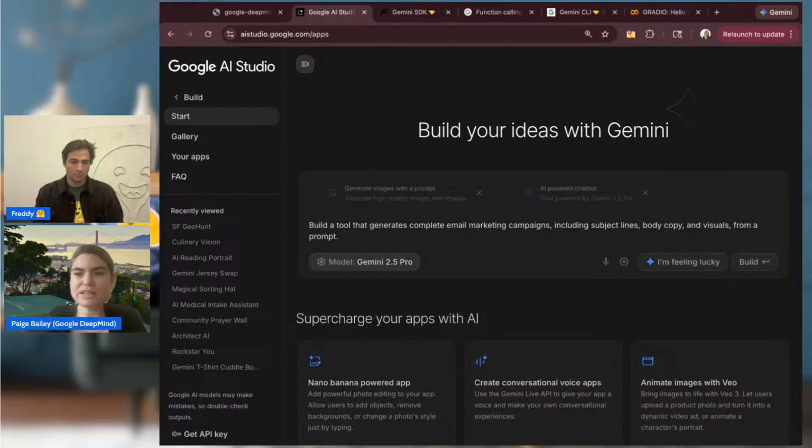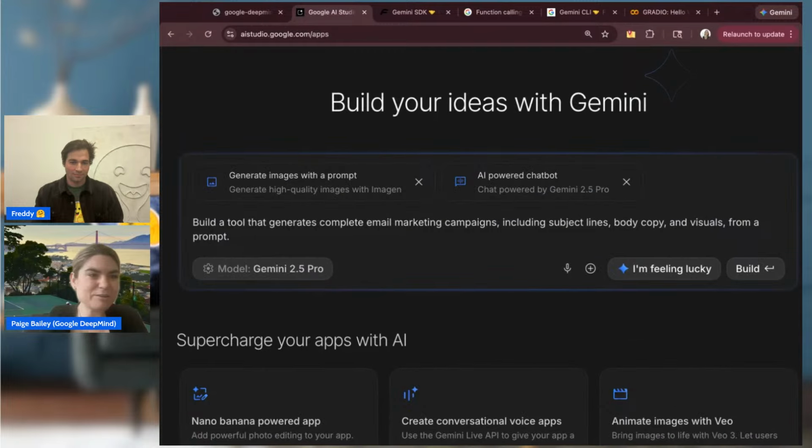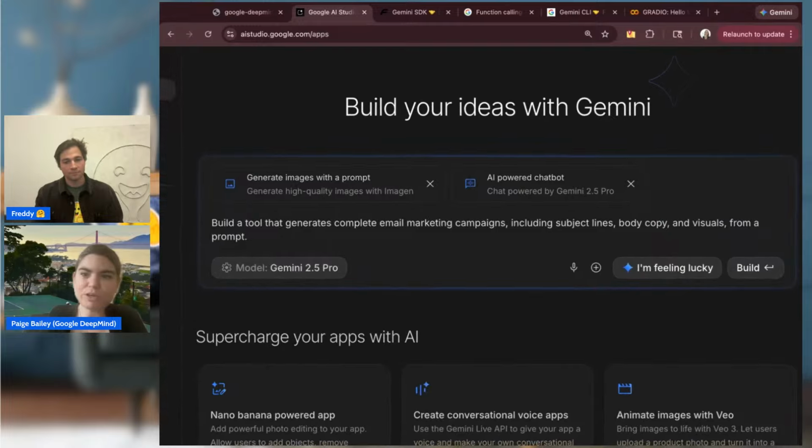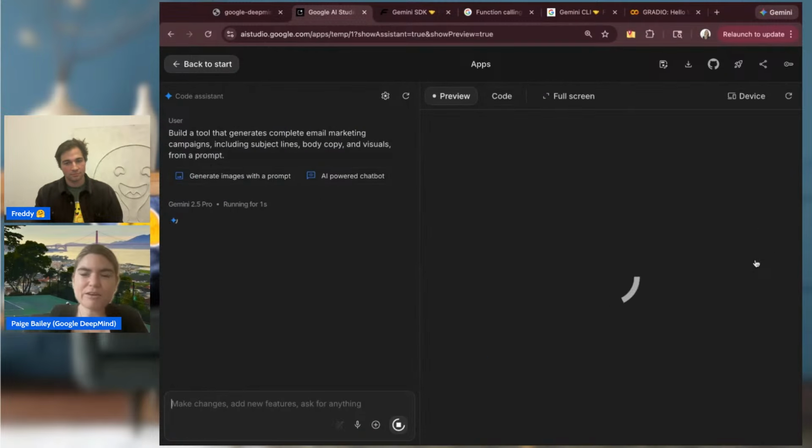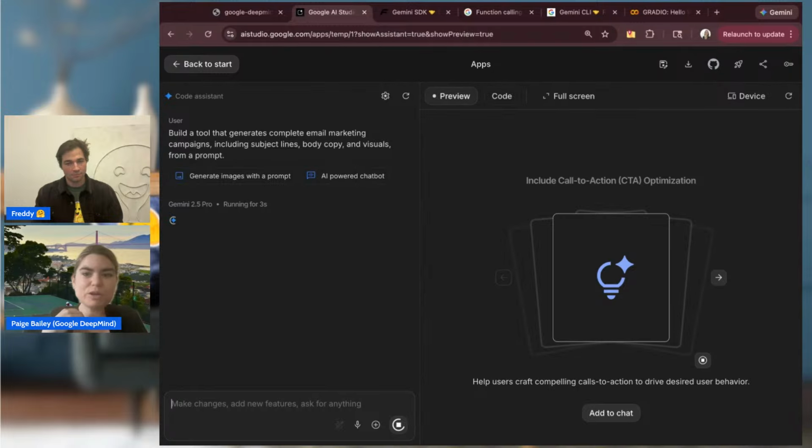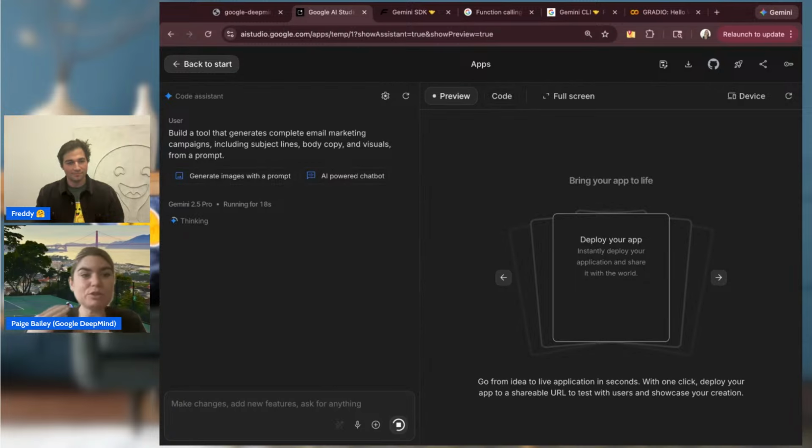Or you can just click "I'm feeling lucky" and it gives you an idea for an app that you can get started with right away and start building. You can also ask for pointers to connections with MCP servers. Those can all be generated via the code and build, even though you might have to hook up some of that